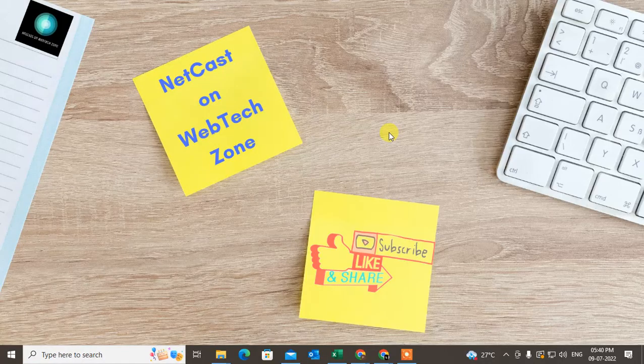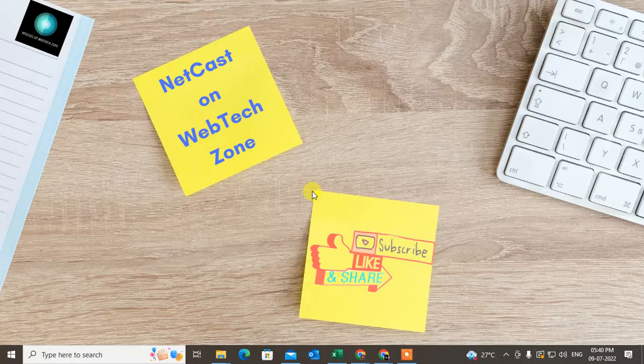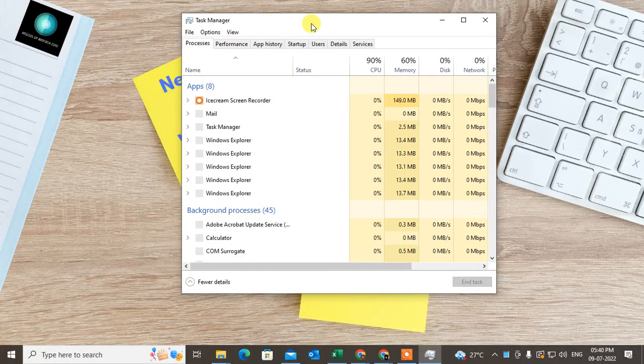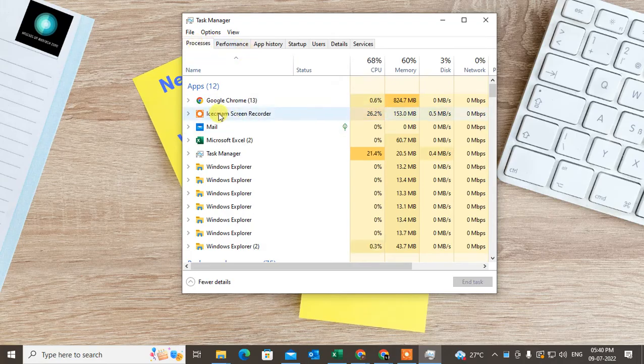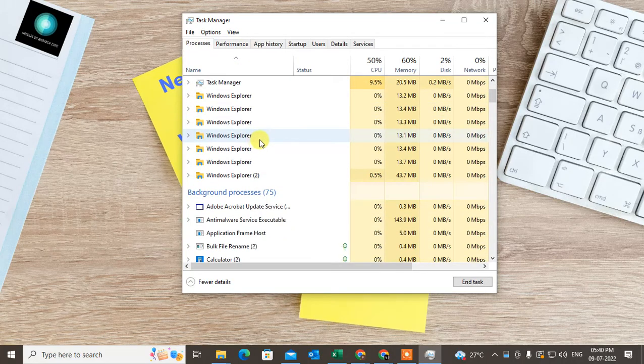Just click Control Alt and Delete. Hit the Control Alt and Delete, and now go to the task manager. So this is your task manager, and under the process you have to just find the Outlook from here